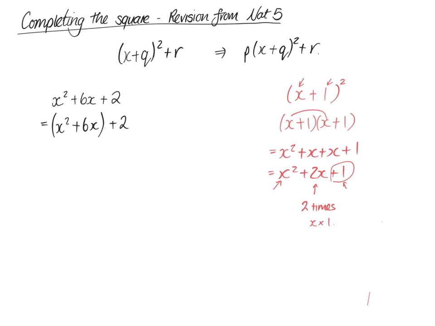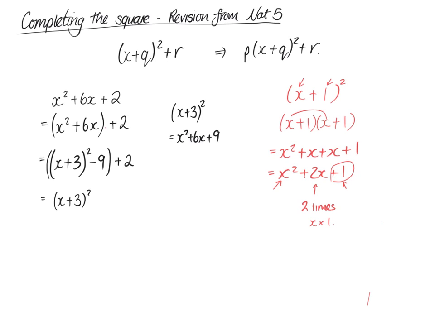So we know that to get that x squared plus 6x, we need a bracket where we've got (x plus 3) squared. Because if we times those two together and double it, that'll give us our 6x that we need. But it would also give us a 9 that we don't want, which we need to then take away. And then we've still got our plus 2. And we know that works, because (x plus 3) squared is going to give us x squared plus 6x plus 9. And then we've got this extra 9 here that we want to take away to give us what we have above, to make them equal. So then that gives us (x plus 3) squared minus 9 plus 2,